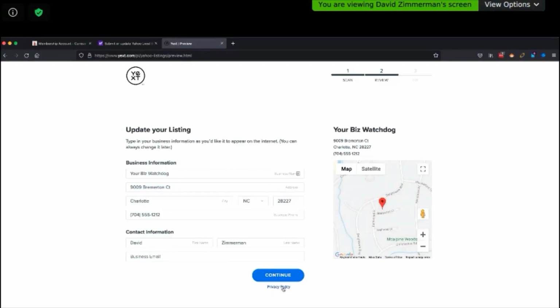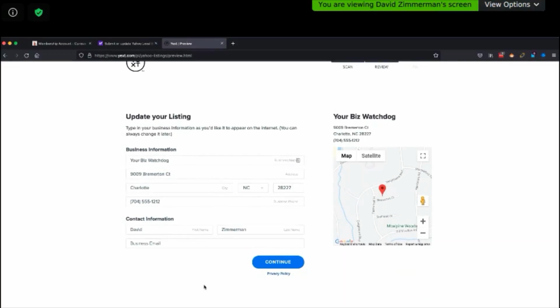Yeah, so I think what it is, you have to put your information in here and then continue. And then when you do, it gives you some different levels that you pay for. But at the bottom of it, there's a place where you can actually go and tell it that you want to do the